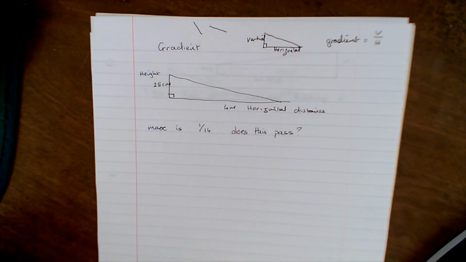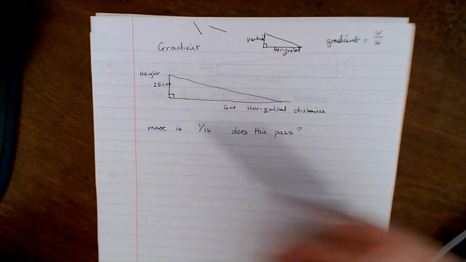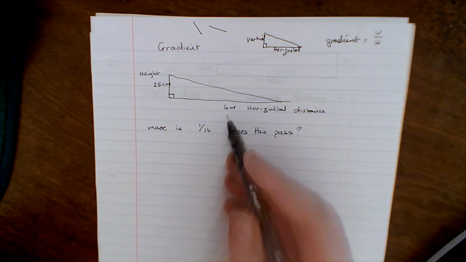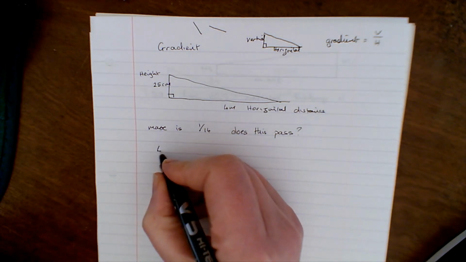Now, gradient has no units, but both measurements that you use for it have to be in the same units. So we're going to have to do something with that. So let's change the 4 metres into centimetres. So 4 metres,